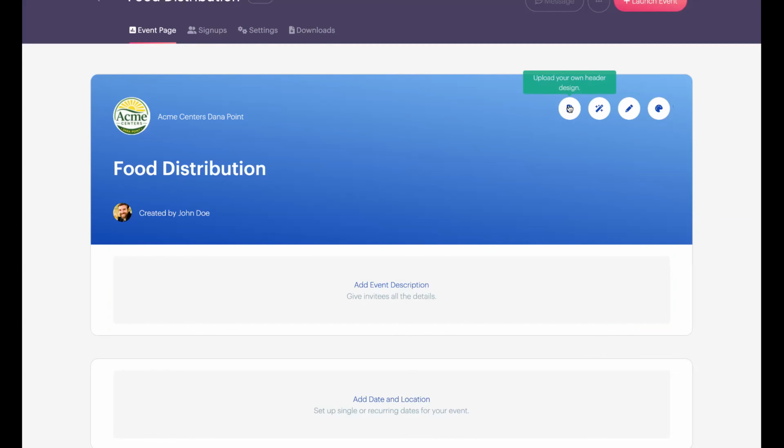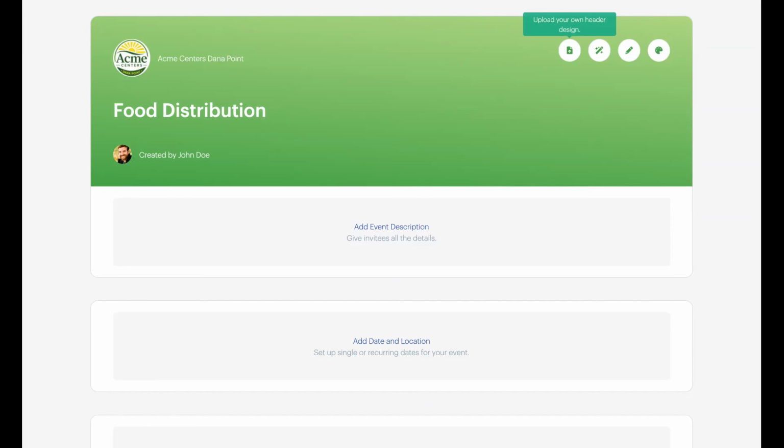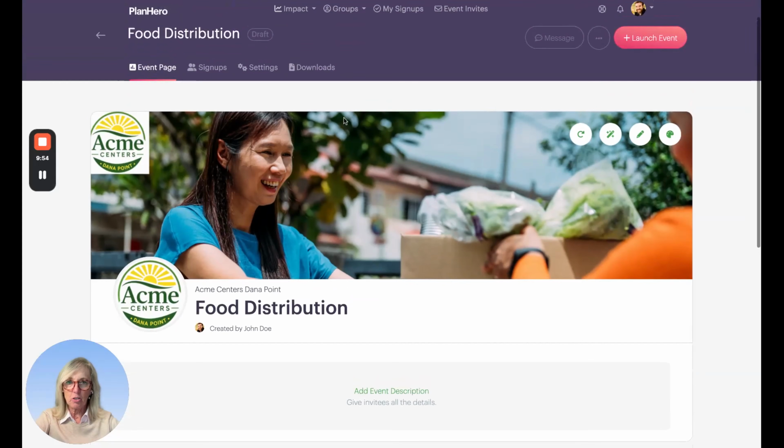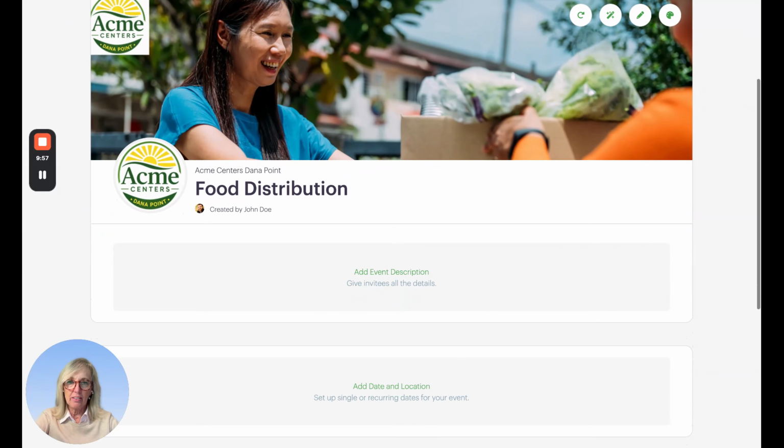In addition, you can either upload your own header design here with our impact plan. And if you have a Canva account, you can connect right here directly to your canva.com account and then create a header design with the aspect ratios already preset in Canva, which will then directly get imported into PlanHero. So that's also a handy way to go. You can also change colors here anytime you want as well. I'll go ahead and upload a pre-made header, our food distribution banner there,